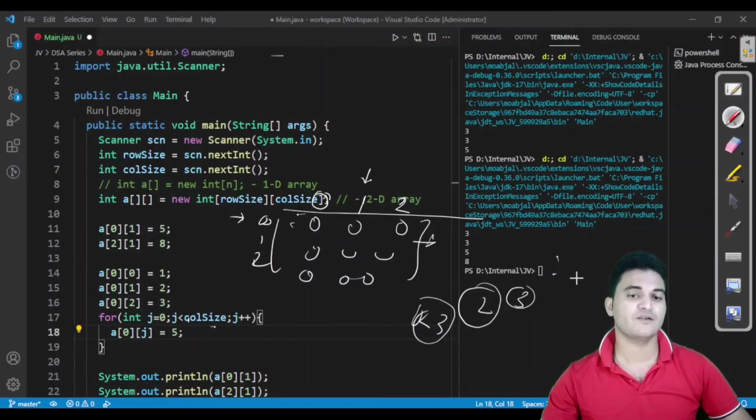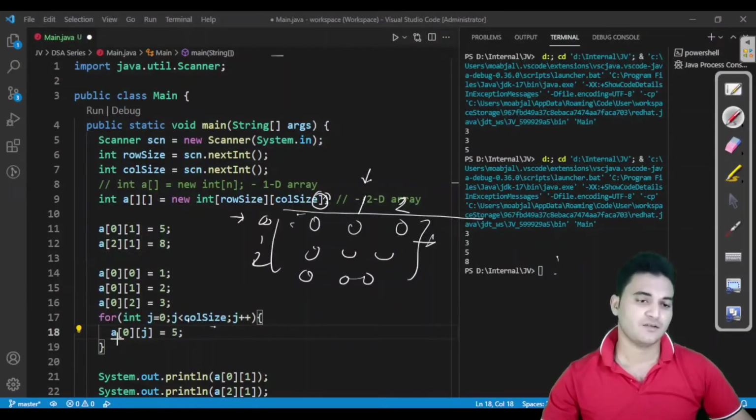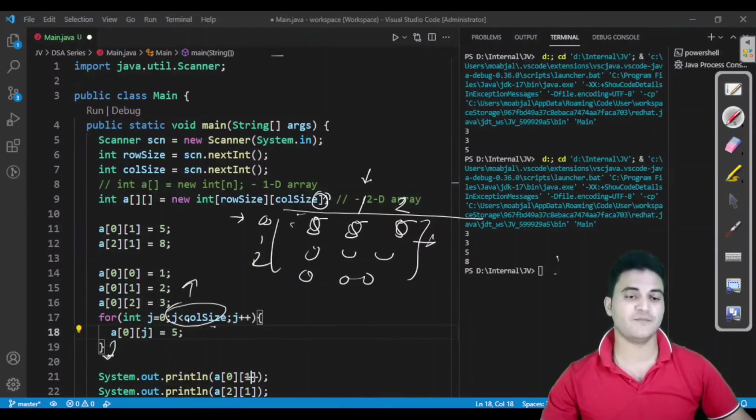Now what will it do for us? Initially j is 0, so a of 0, 0 is 5. Now j value would be increased: a of 0, 1, j is 1, again 5. A of 0, 2, j is 2 now, so 5. Now j is 3, so this condition would terminate and the loop would end here.